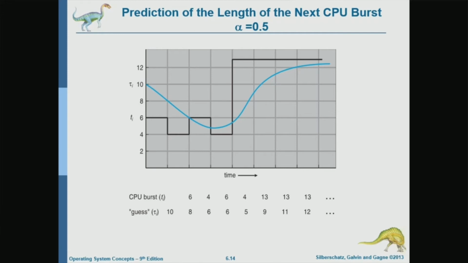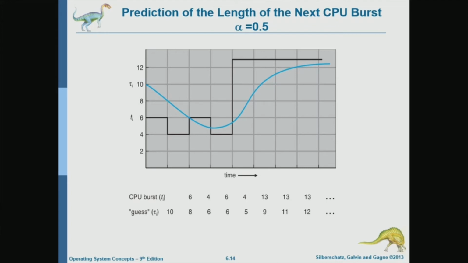Then the system looks at the length of the next CPU burst, and the process has a CPU burst of 4. Again, taking the average of the last measured length, which is 4, and the last estimate, which is 8, the average of the two is 6. Now our latest estimate is 6. The next length that the system measures is 6, so the average of 6 and 6 is 6. Then the measured length is 4, so the system calculates the average of 6 and 4, which is 5. Okay.